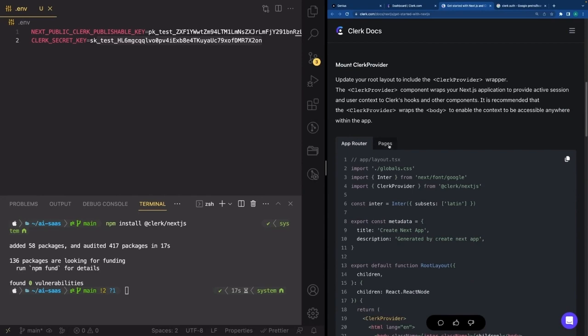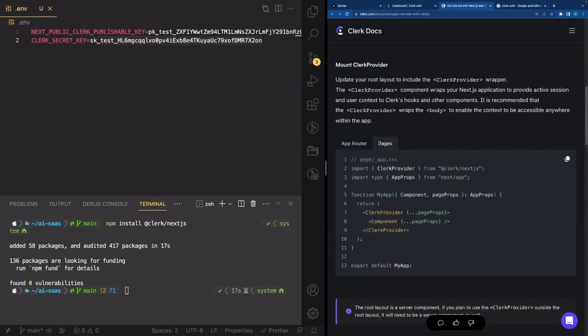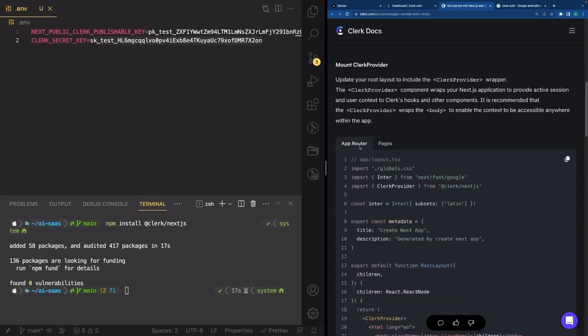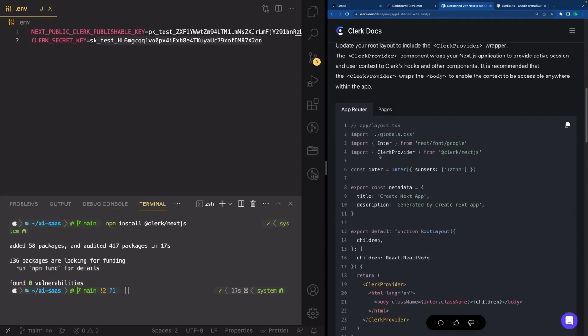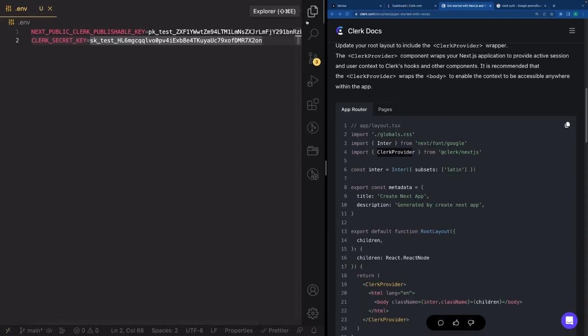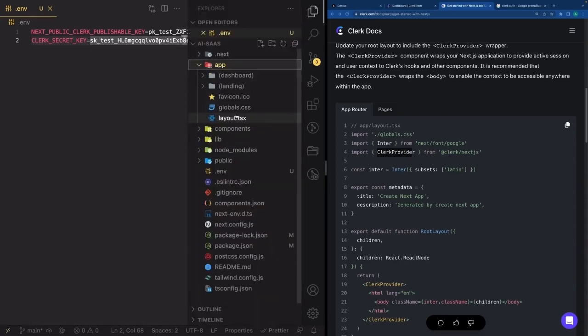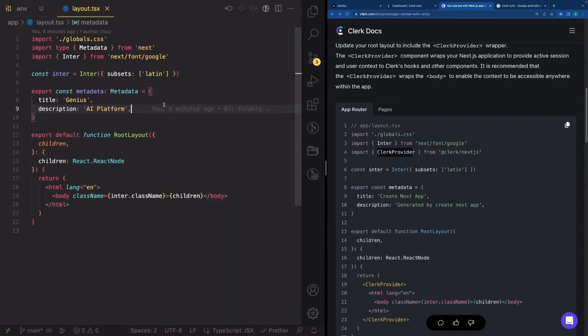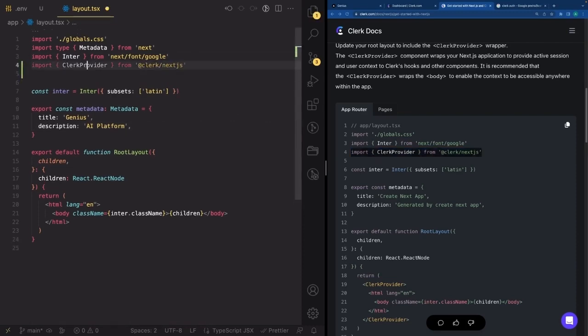And this is what I was talking about. If you're using Pages for any reason, you can just click Pages and follow that. But we are using the app router, so make sure you're following the documentation for the app router. What we have to do is import ClerkProvider from @clerk/nextjs. So I'm going to close the terminal for now, and go back inside of my app folder, inside layout.tsx, because that is the component they are looking at here. Let's copy this line and import it right here. There we go, ClerkProvider from